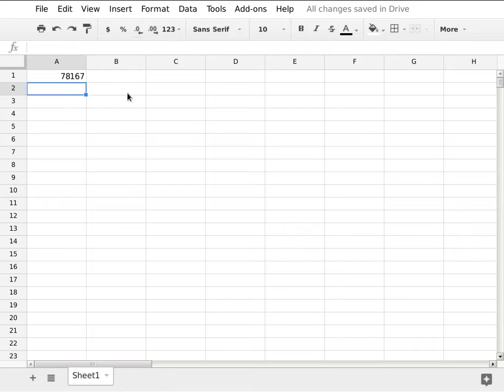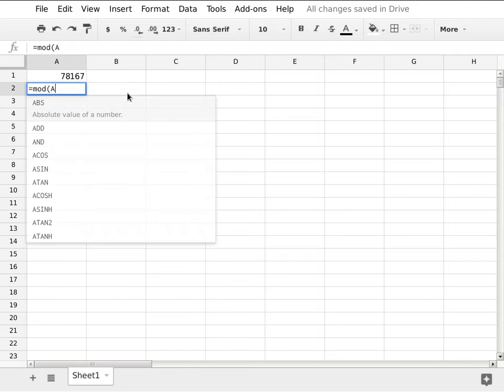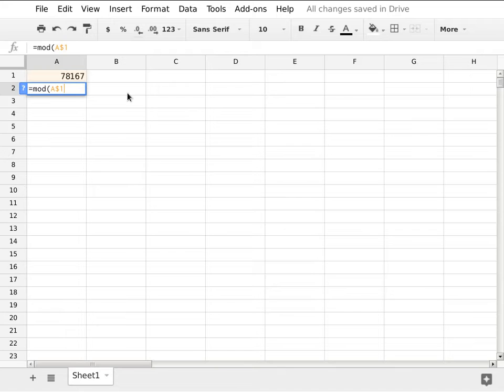So I'm asking the question, is this number prime or not? Other than looking up a huge table of all known prime numbers, you really don't have a whole lot of choice but to test it, to figure out whether it is prime or not. So this is exactly what we're going to do here. I'm going to use an equation with the modulo operator. Let's figure out the modulo of A1, and I have to be careful with the $1 because I don't want the row number to change as I make copies of this formula,